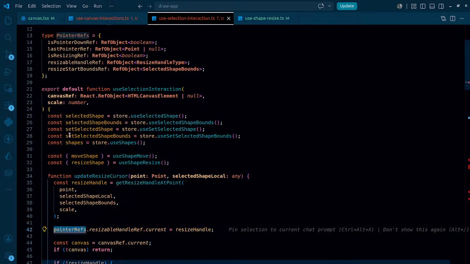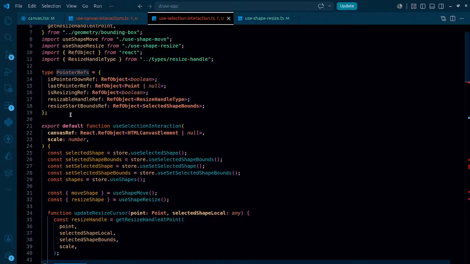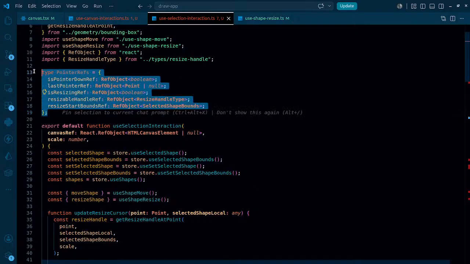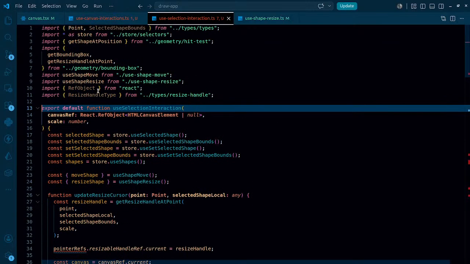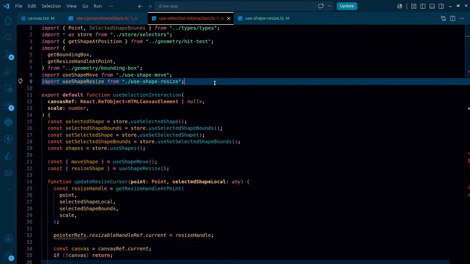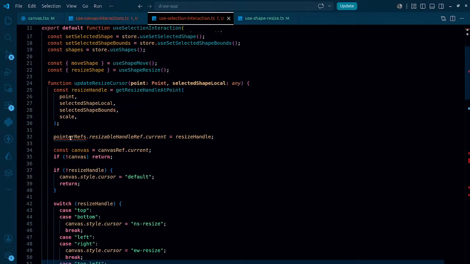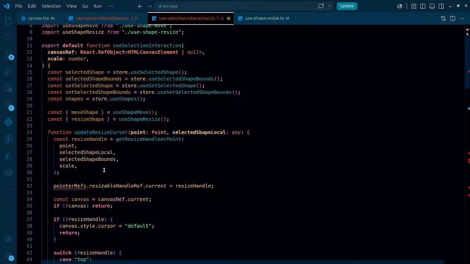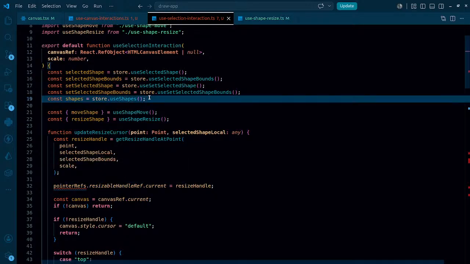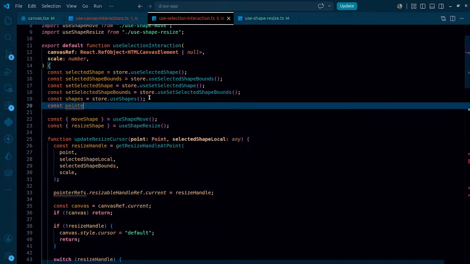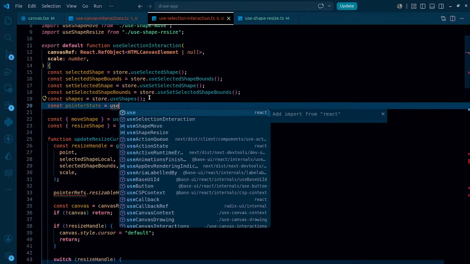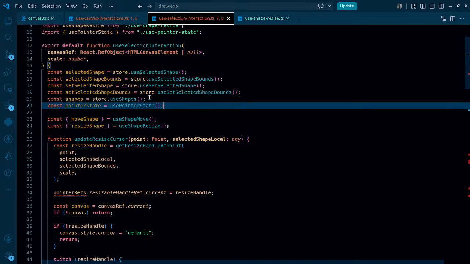Now when it comes to pointer refs, where do I have that? What is this type anyway? Get rid of this. Here we are. And pointer refs. Turns out we don't really have that here. And resizable handle is something that we need. So in that case, const pointer state. That's gonna be used pointer state. Once I have it here,